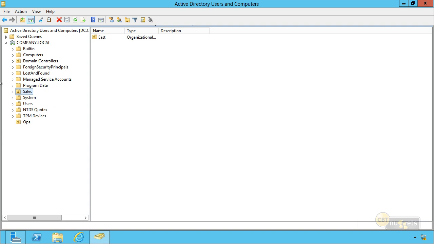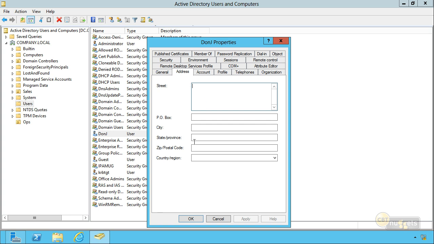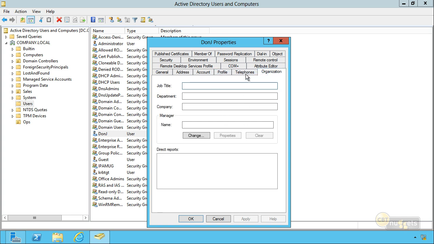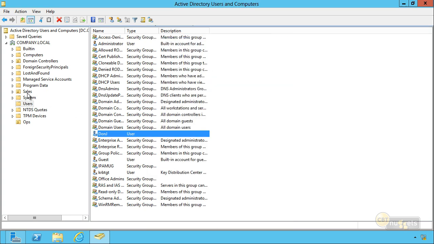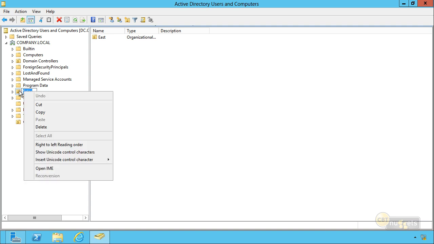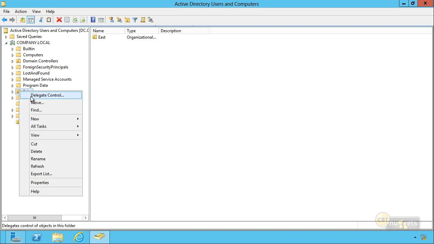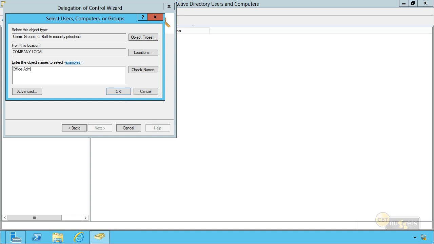Now for that custom task, users have got, let's take a look here, some of the attributes we've got. I really might want my office admins just to be able to keep this basic address information up to date, maybe some of this organizational information, and maybe some of these telephones. So let's go back to the sales group or organizational unit, and I'm going to right click and run the delegation of control wizard again. I'm still going to delegate to the office admins group,